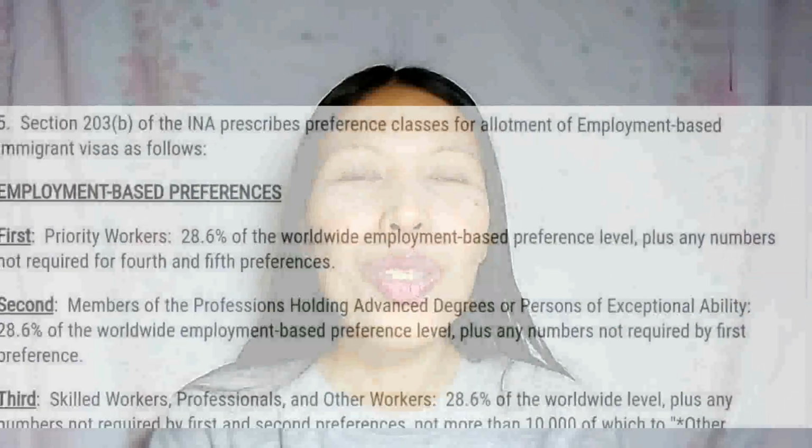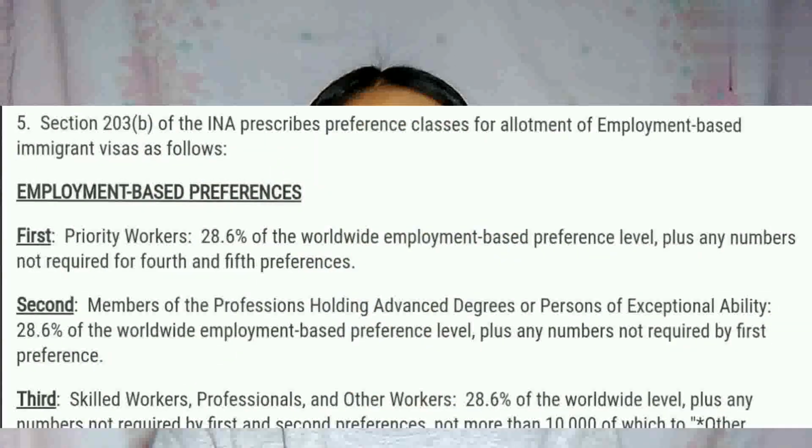Number 5, Section 203(b) of the INA prescribes preference classes for allotment of employment-based immigrant visas as follows. Employment-based preferences. First, priority workers, 28.6% of the worldwide employment-based preference level, plus any numbers not required for fourth and fifth preferences.